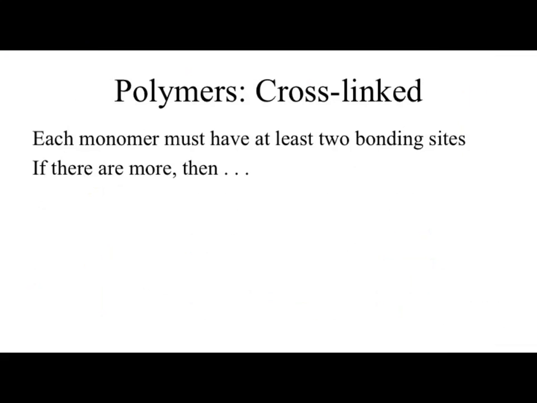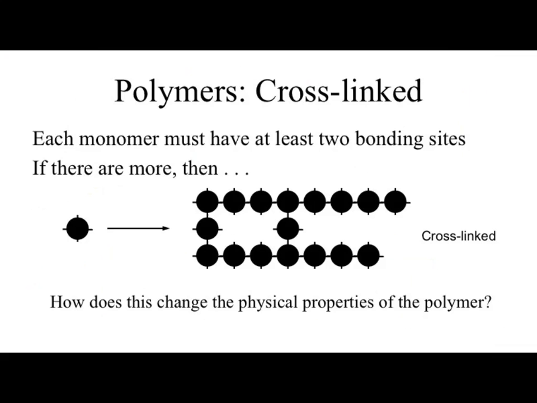And forgive me, I haven't looked quite a lot at these. You might hear something about cross-linked. Okay? All cross-linked means is that your monomer has more than 2 places to bond. So all monomers at minimum need 2 places. That's how you can extend for longer chains. If we have more than 2 places, we can extend out those 2 directions, but we can now also extend along the other axis, okay? Or depending on the monomer, along any number of axes. What can then happen is if we take a look at this one, our polymers are now linked to each other,